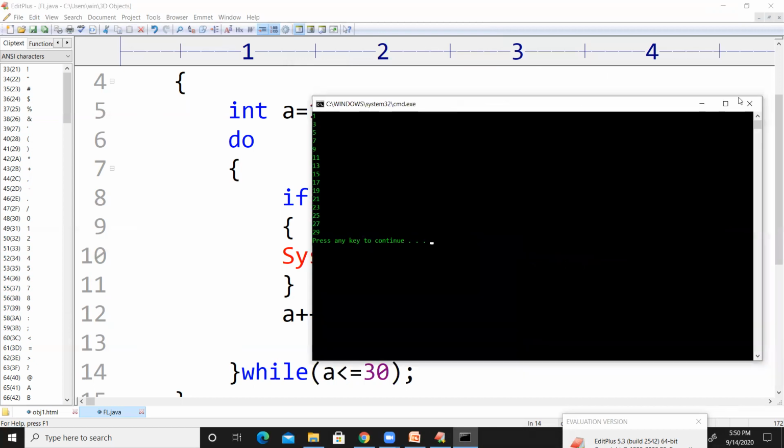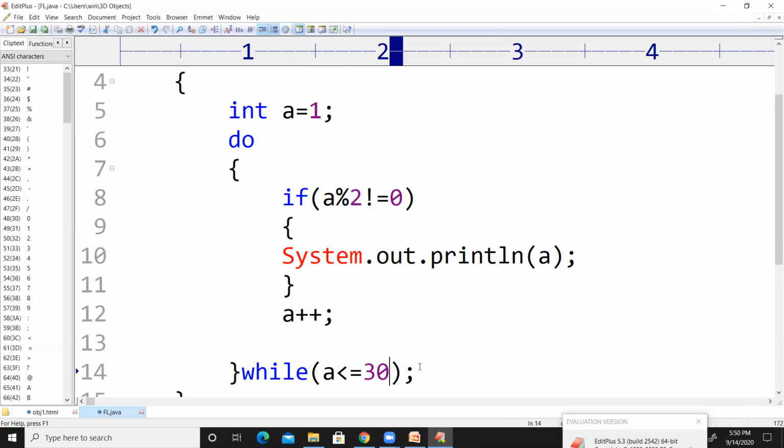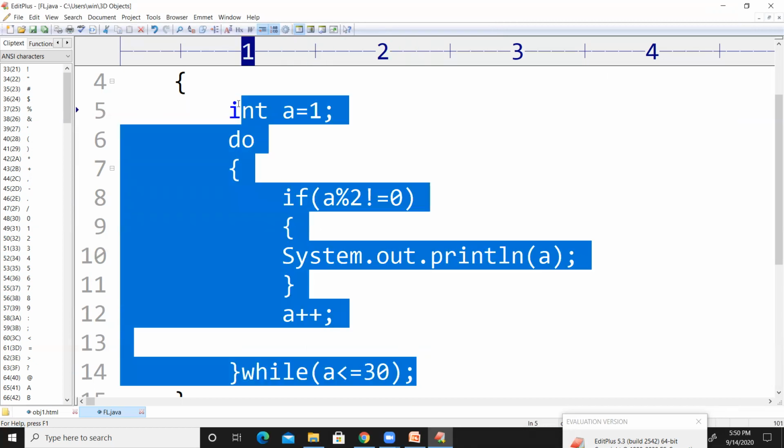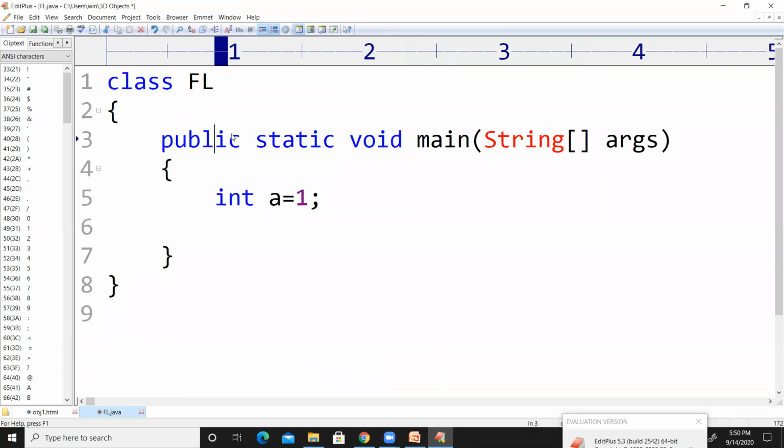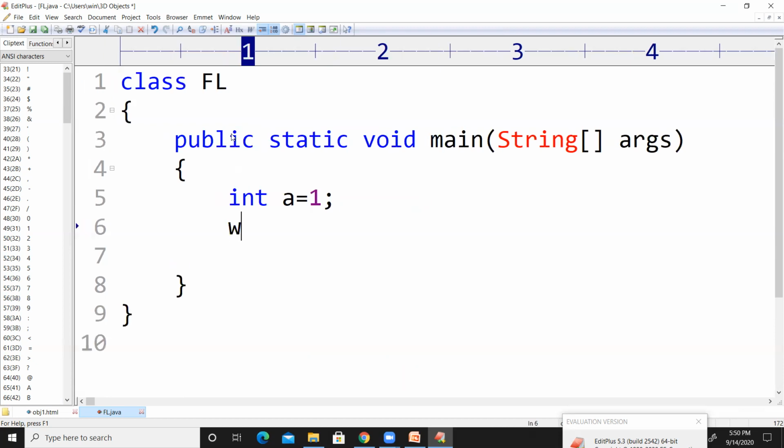So let us do one thing here. In order to understand how this while loop and this do while loop will behave, let us write two things here. Let us use while loop first.